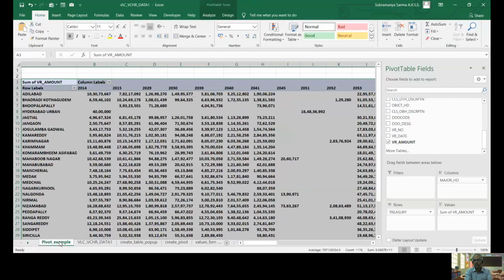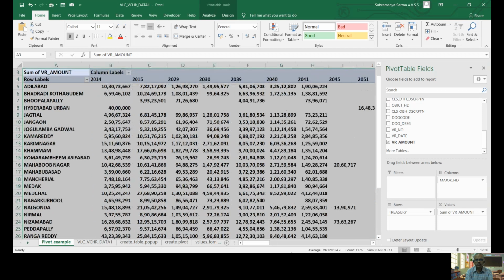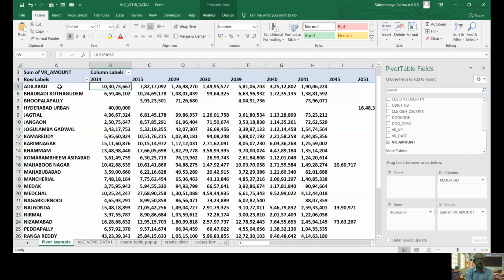I will zoom this so that you can read it properly. These are the treasuries of Telangana state, and these are the major heads. Suppose this is the total of 2014 major head in Adilabad district, and this is the total expenditure of 2015 major head under Adilabad, like this.